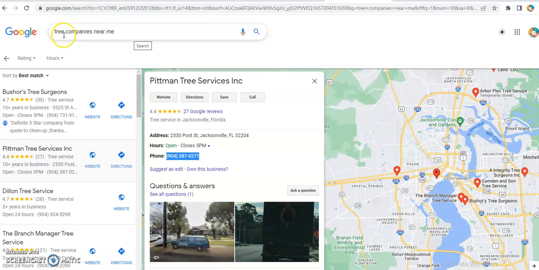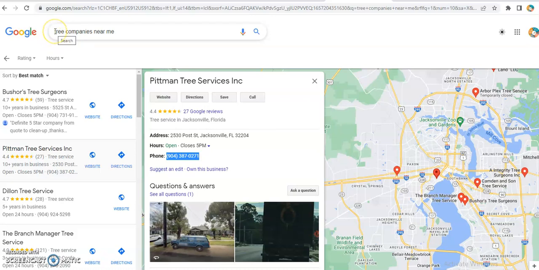So first thing I did is I went to Google. Once I went to Google, I typed in a specific target. So three of the targets for selling bucket trucks would be a tree company, electrical companies, and painting companies. A fourth one to add to it while I'm thinking about it would be a signing company that place signs on buildings and things of that nature.